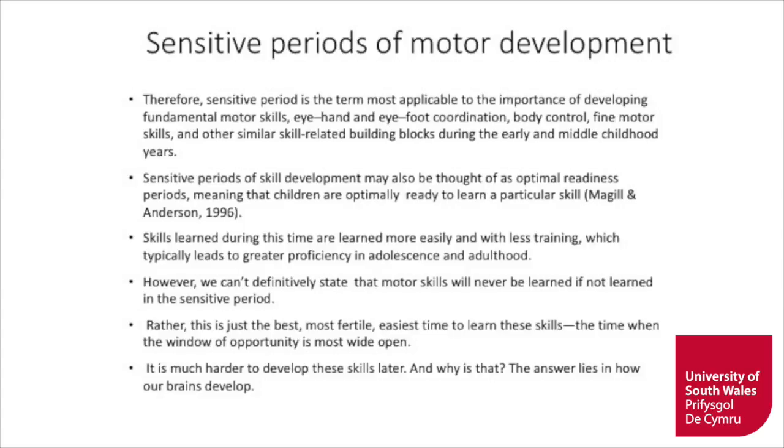However, we can't definitively state that motor skills will never be learned if not learned in this sensitive period. What we can state is it's the best and most fertile and easiest time to learn these skills, the time that the window of opportunity is most wide and open. So it's much harder to develop these skills later in life, and basically the answer to this lies in how our brains develop. I'm not going to go into huge detail around brain development, but it will be discussed a